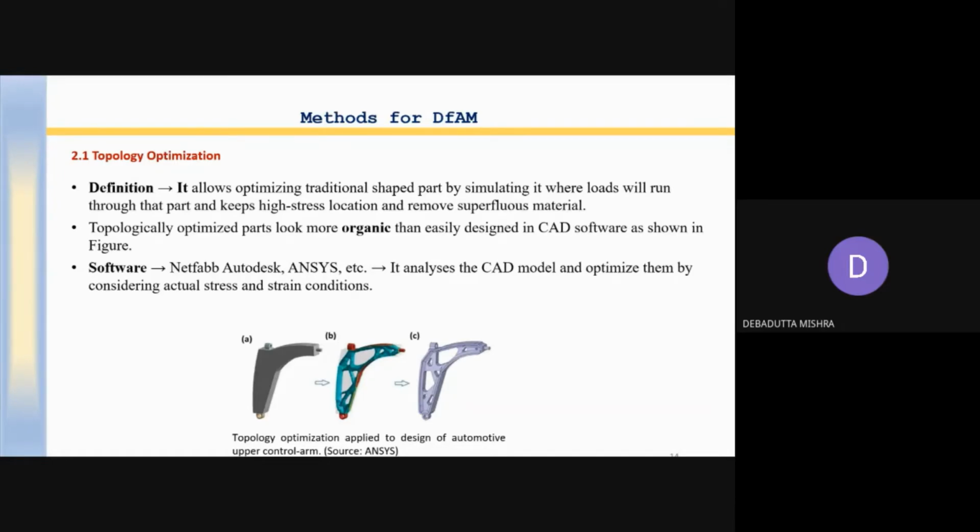You can see that at C. If you compare A and C, you can see the mass is more in A. When the mass is more, your building time is also more, printing time is more, and cost is also more. But in the other case, the mass is reduced and building time is reduced.